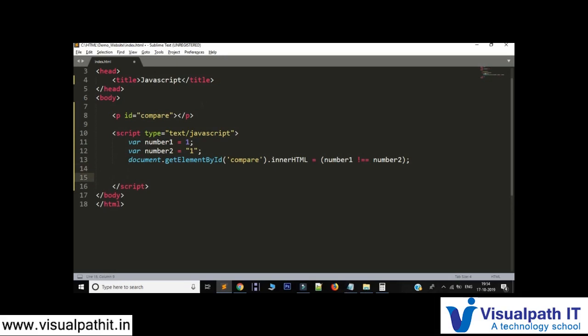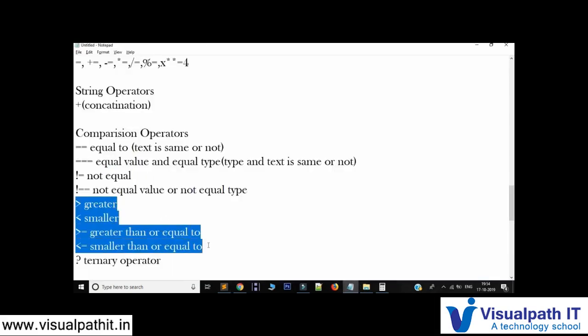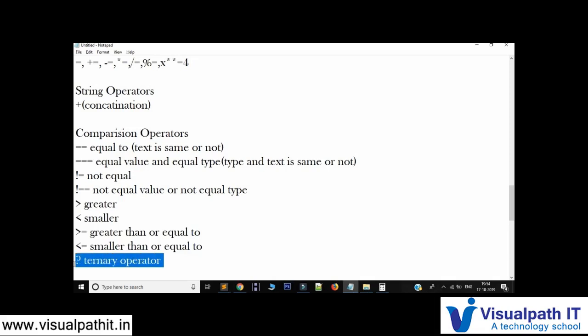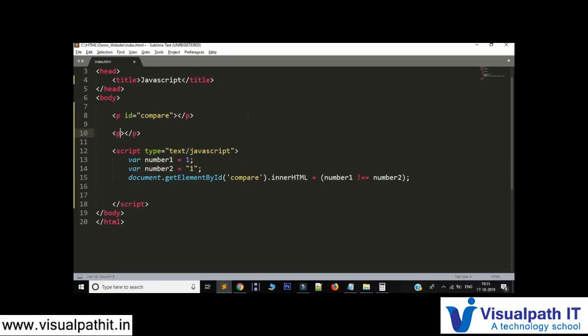Okay. So now I'm going to make use of a ternary operator to explain this. To explain this code, we'll first see what a ternary operator is. We can even do this code with if and else, and I will explain the if and else concept later. But now as we have this ternary operator, let's go for it. For this I will have another paragraph tag. In this I will write the ID as ternary. Now I'm going to declare a variable,